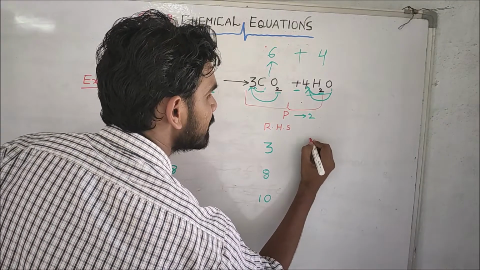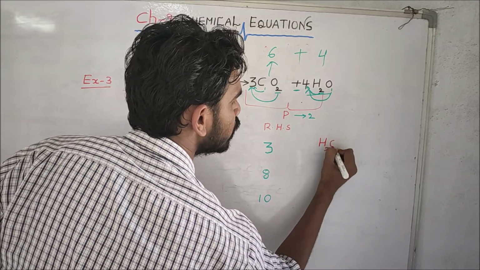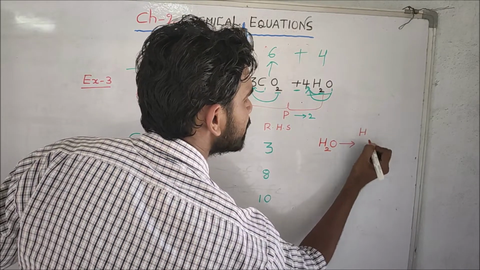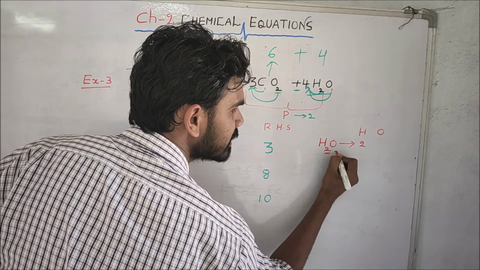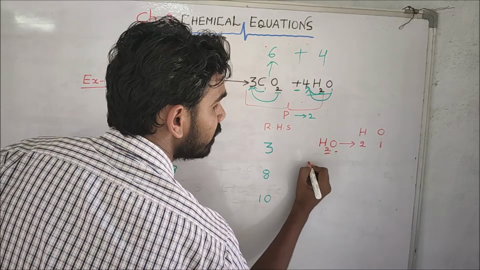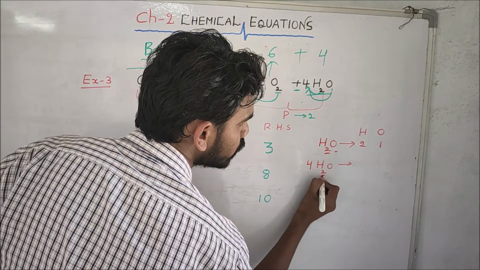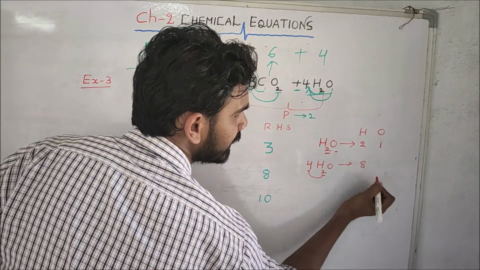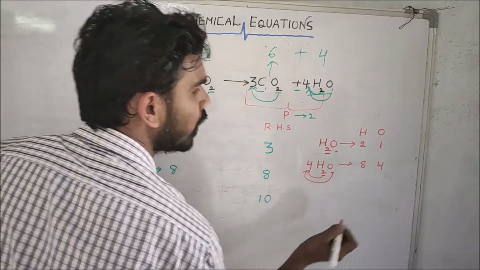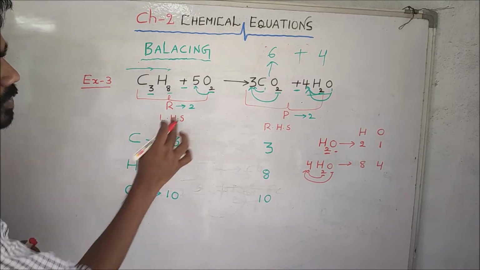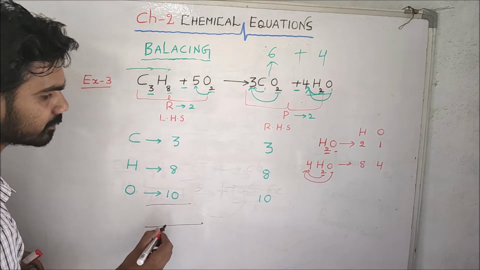Whenever it is like this, 4H2O, we'll see one more time, H2O. How many hydrogens are there? Only 2. How many oxygens are there? Down no number is there, 1 we have to imagine. But when it is like this, 4H2O, what we have to see? 2 should be multiplied with the front number, 8. Here only 1, but multiply with the front number, 4. Understanding?